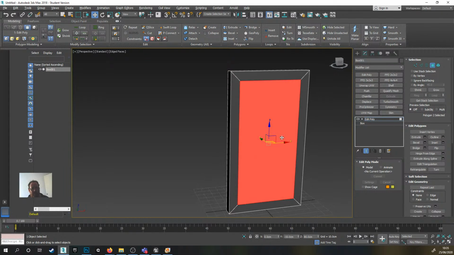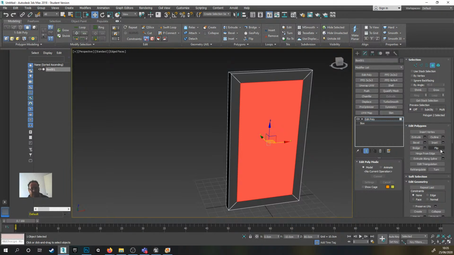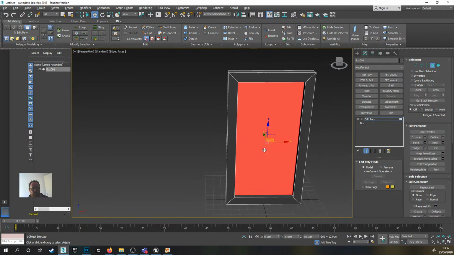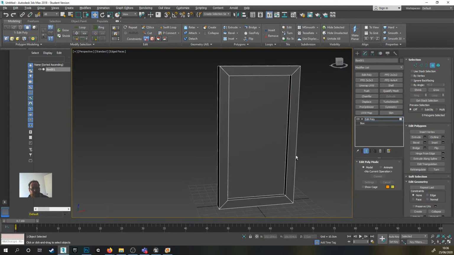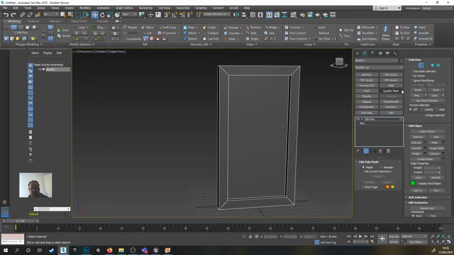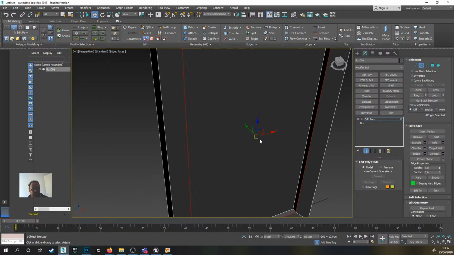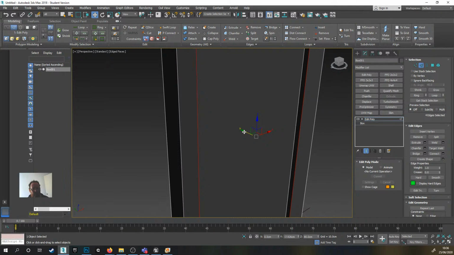What I might also do with this bit here is go to Extrude. I'm going to negatively extrude it by about 5 centimeters, so it goes in a little bit like that. Okay, so it's got a bit of a border around there as well. Okay, and then I will go to the edge tool, double click to select all the edges that go around, and I'm just going to move that. I'm not going to be exact with it, I'm just going to move it by eye a little bit, like so,